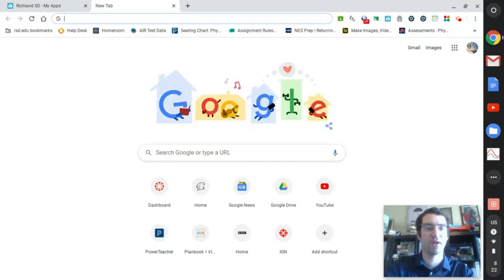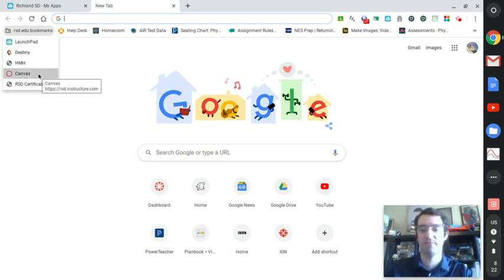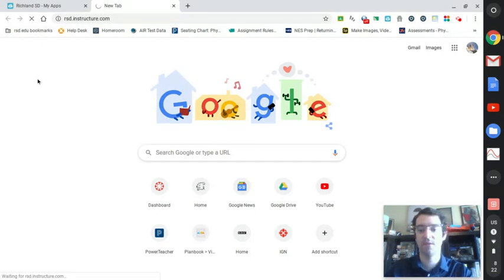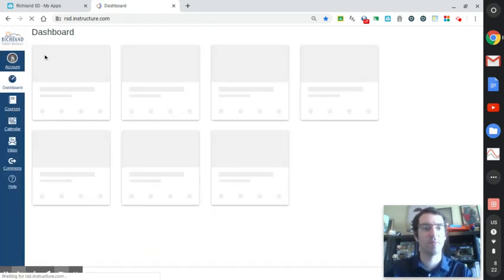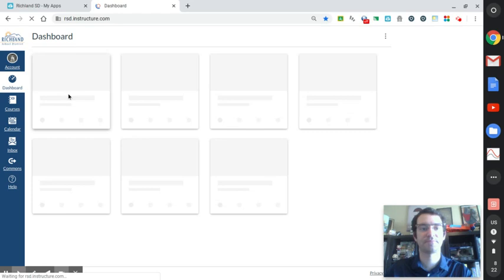But there's one more key option for them. If they go to any new tab, there should be something that says rsd.edu bookmarks on their Chromebook, if they're using their school Chromebook. If they open that up, the 4th item down will be Canvas. So there's your 3 ways of getting on Canvas: using the link, using the bookmark, or going through Launchpad. Okay, now that we're in,